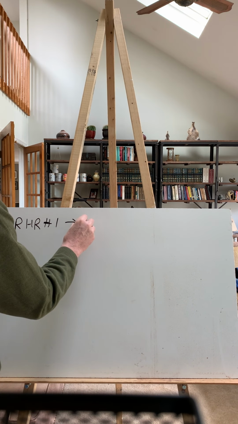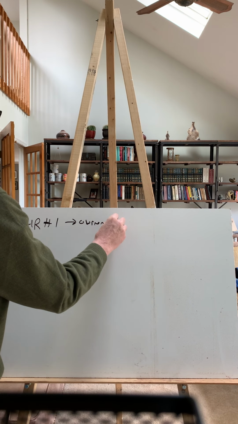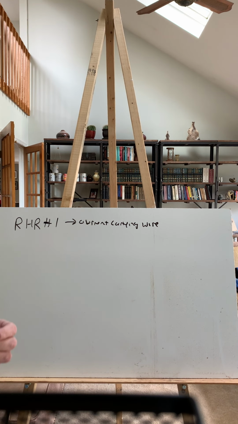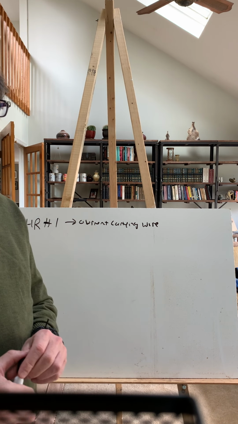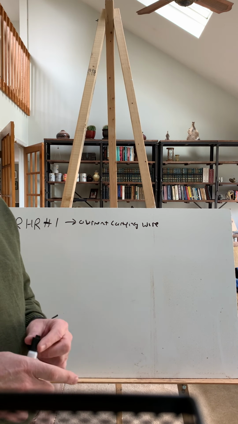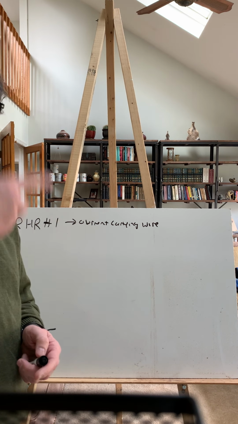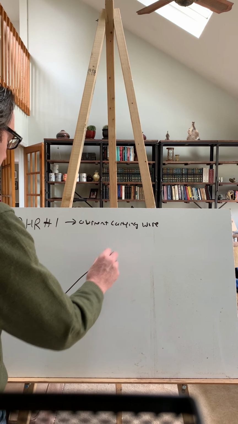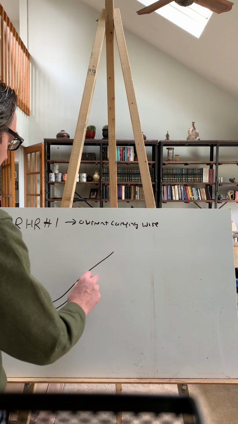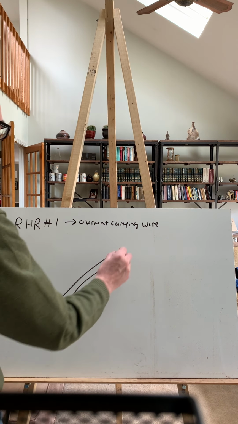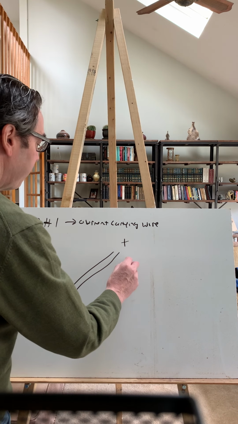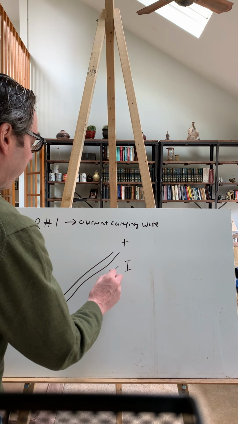It refers to a current carrying wire. And we found yesterday, having done some experiments with the compass and the current carrying wire, that there's a magnetic field around a wire in concentric circles. And so if we have a wire carrying current in any direction, arbitrary direction, and we'll put the positive terminal here and the negative terminal here so that the current is flowing that way,